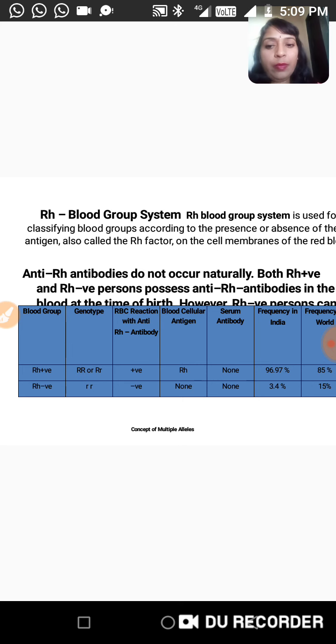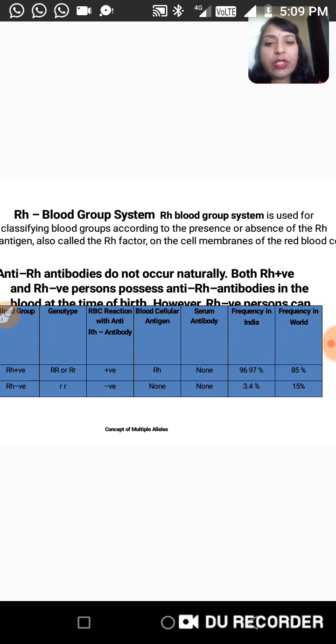Now, anti-Rh antibodies do not occur naturally. Both Rh positive and Rh negative persons possess anti-Rh antibodies in the blood at the time of birth, and thereafter they disappear. Now here is the table that shows presence of Rh antigen and